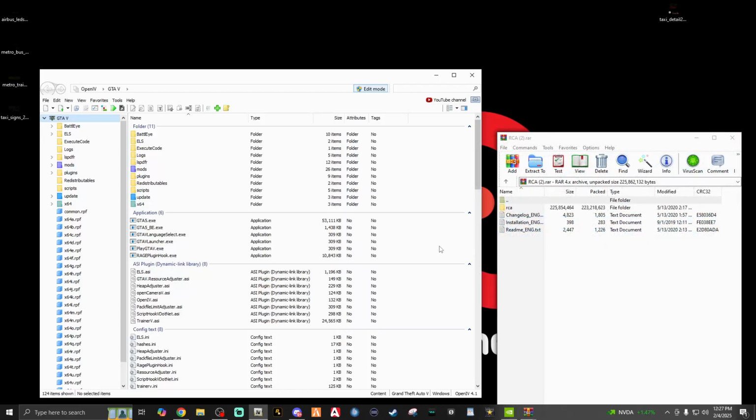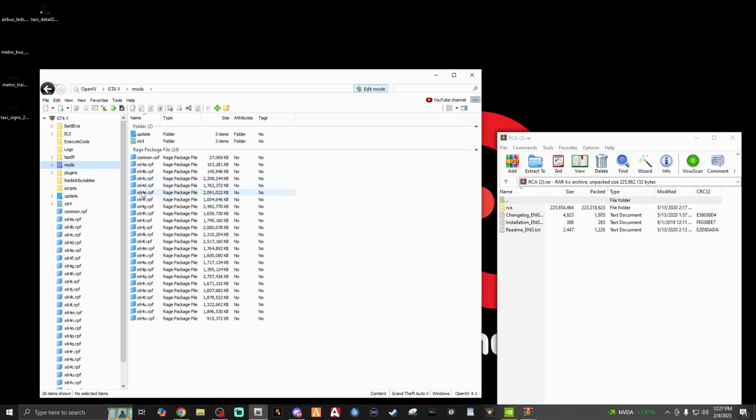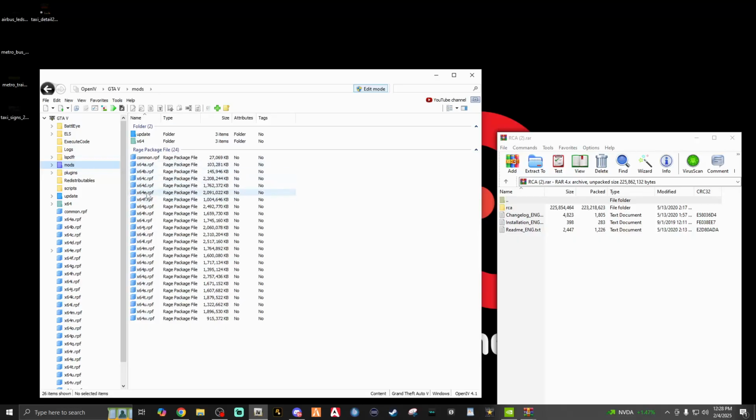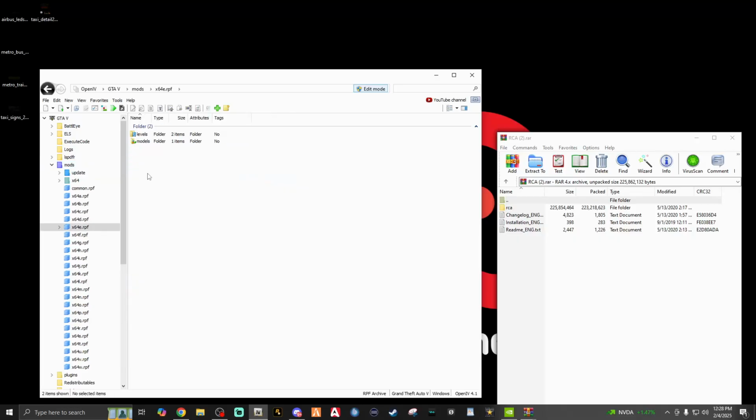Okay, and here's what we want to do, folks. This is the pathway that you want to follow to be able to install these 5 things right here. We want to go to mods, x64e. If you don't see it over here, you should see it here, and then it'll ask you in a big red box if you want to add to mods folder. So if you click x64e over here, go ahead and show in mods folder. All right. So mods, x64e,